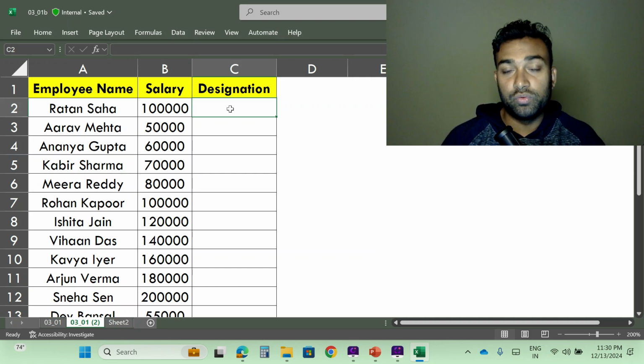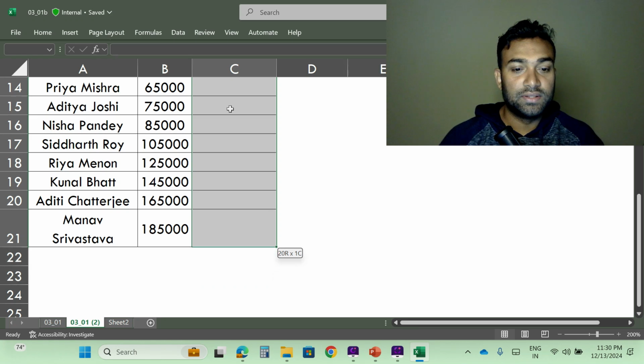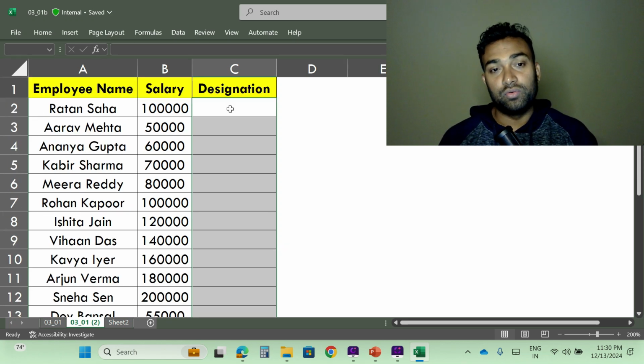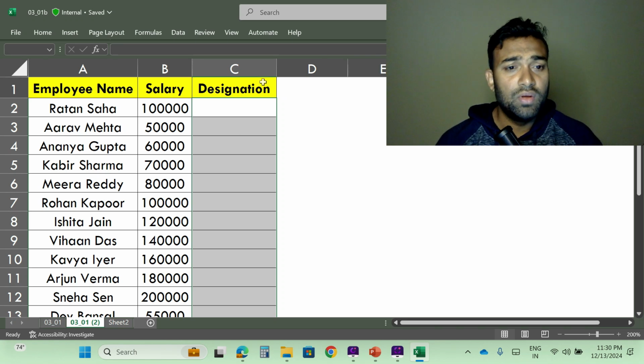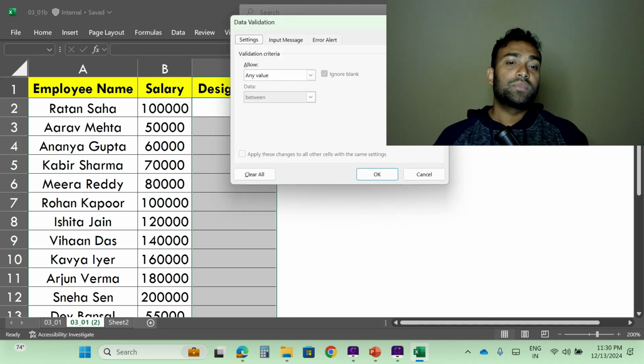So how will we do it? We will select where we want to create a drop down, we will select that range. So here this is my range. Here I want to create a drop down, I want to do the data validation. Now I will go to Data. Inside Data there is one option, Data Tools, and then here Data Validation. Whenever I click it, it will ask